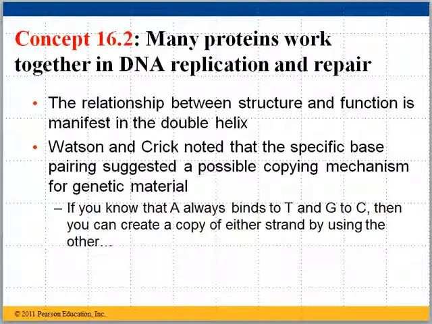Watson and Crick noted that specific bases pair up together. And this is important because it suggests a way that DNA can copy itself. If you know that A always binds to T and G always binds to C, then you can create a copy of either strand by using the opposite strand. So at a portion in the strand where you have an A, you know the opposite strand will have a T at that same portion. At a portion in the strand where you have a G, you know the opposite strand will have a C